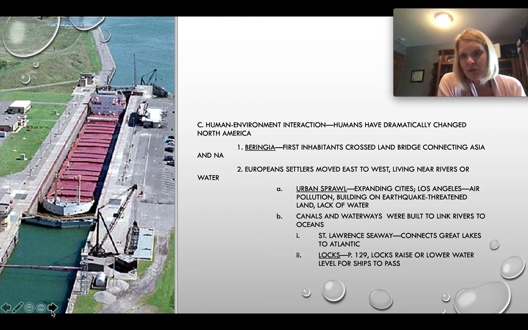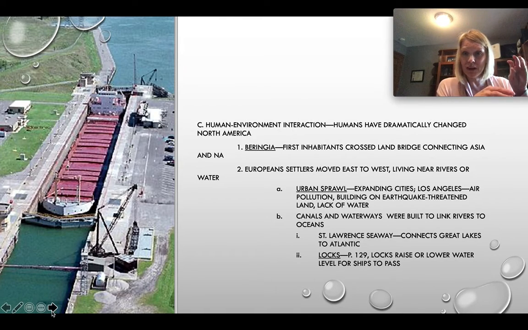We've changed the face of North America through canals and waterways. That was to link rivers to oceans in order to get good transportation, increase our exports, and get imports of the things that we didn't have. You had to have a transportation system, and at first that would have been through rivers. And how do you get from one place to another if there's not a river connecting those two places? Sometimes you needed to build canals and dig waterways. I'm going to have you find the St. Lawrence River. The St. Lawrence River was very important. It's what we call the St. Lawrence Seaway, and it connects the Great Lakes to the Atlantic.